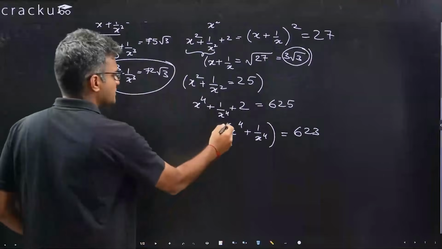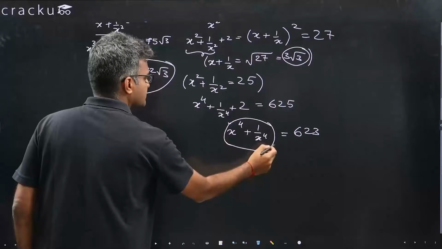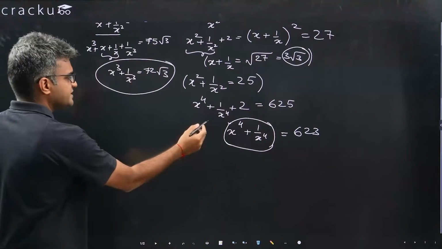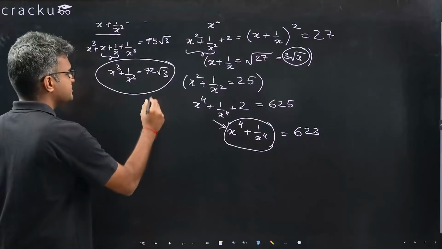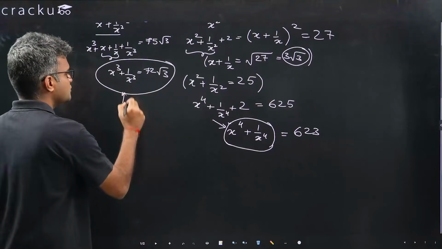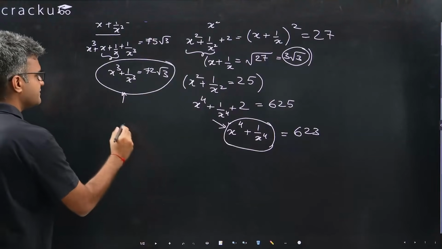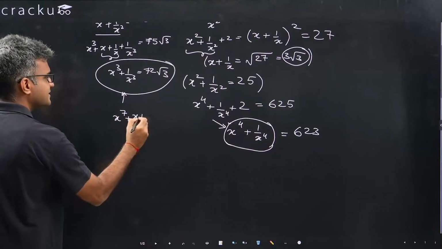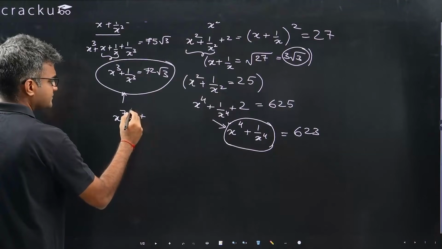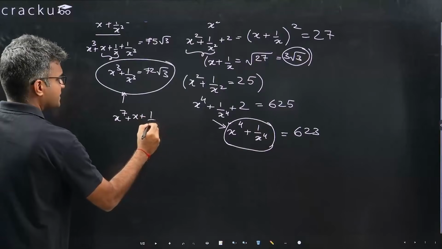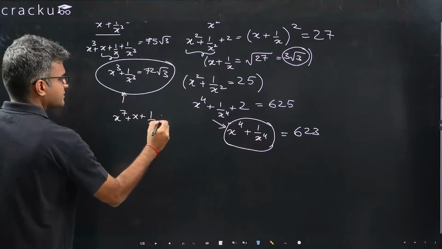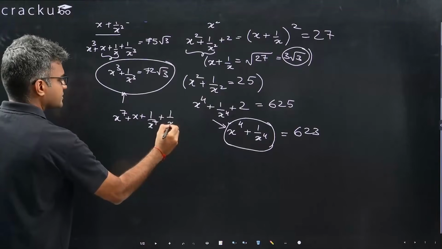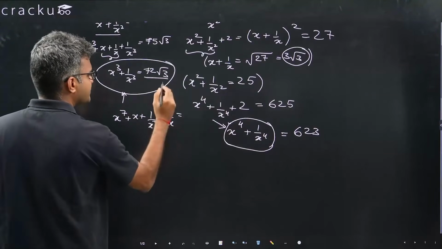So we have x cube plus 1 by x cube, that is 72 square root of 3. We have x to the power 4 plus 1 by x to the power 4. This is 623. If we multiply both of them, what is x to the power 4 plus 1 by x to the power 4 into x cube plus 1 by x cube? That will be x to the power 7 plus x plus 1 by x to the power 7 plus 1 by x. This is equal to 72 root 3